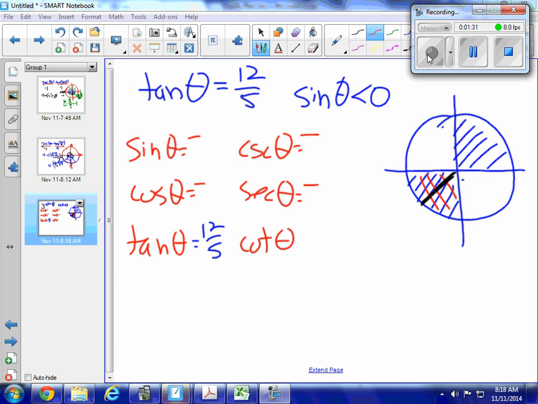Now your negative and positive signs are all taken care of. I got positive tangent, I have negative sine and cosine. So I don't need to worry about that anymore. Okay. Now,